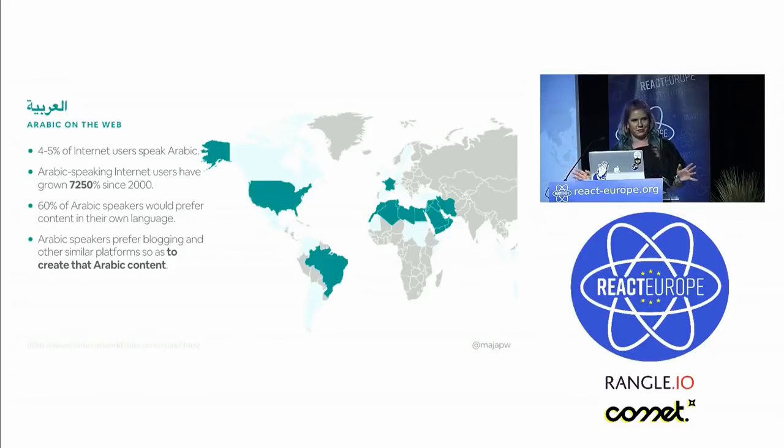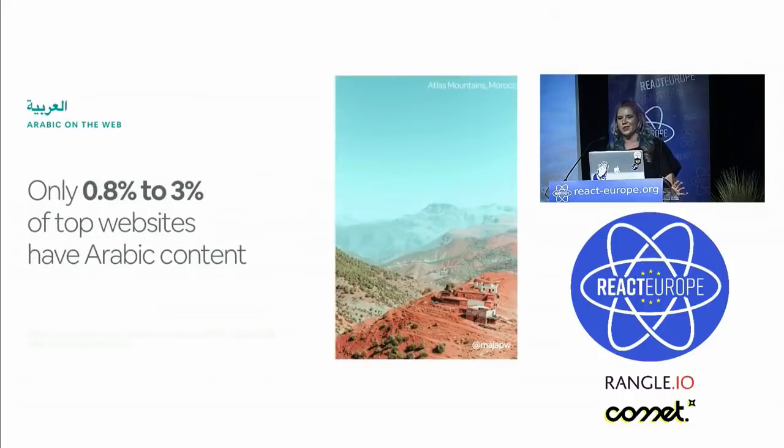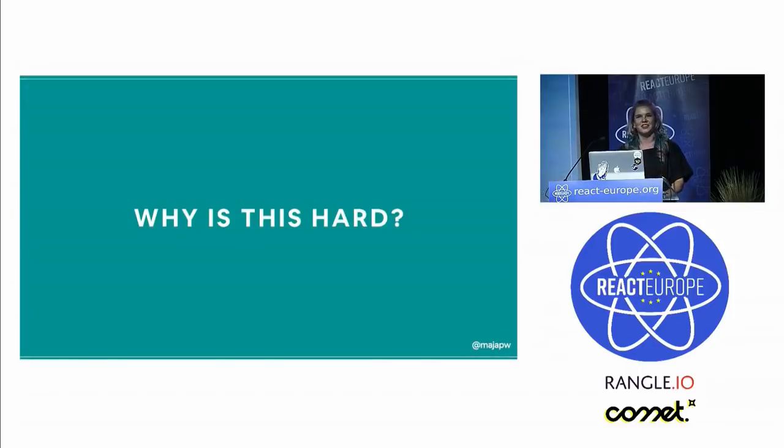So how are we doing as a group? Turns out only about 1 to 3% of the world's top 10 million websites by traffic have any Arabic content at all. I really think that the people in this room are the ones who can move the statistic in a positive direction. But for a lot of our web apps, this has become non-trivial, which begs the question,